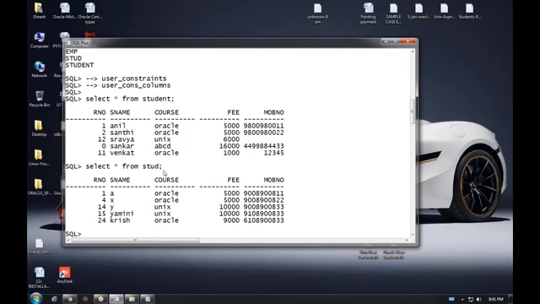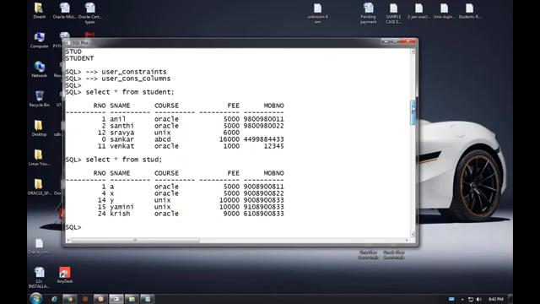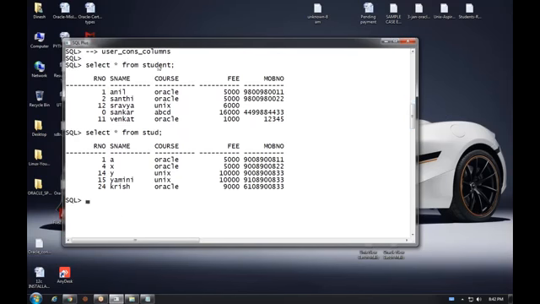On the stud table, we defined both key constraints and also domain constraints. Now, see here. How to get constraints from the student table? Select constraint_name, comma, constraint